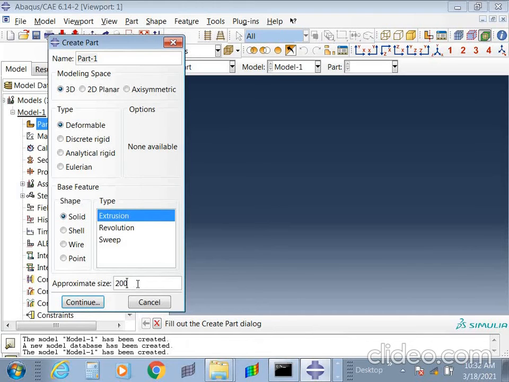Okay, so I'll be taking this approximate size, in the sense size of your grid. So I'll be taking this as 100 because I'm solving my problem in Newton, ton, mm, seconds. In the sense we have unit systems, as you know: SI unit, CGS, MKS, right?